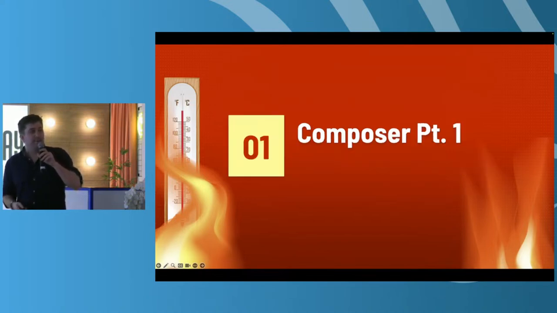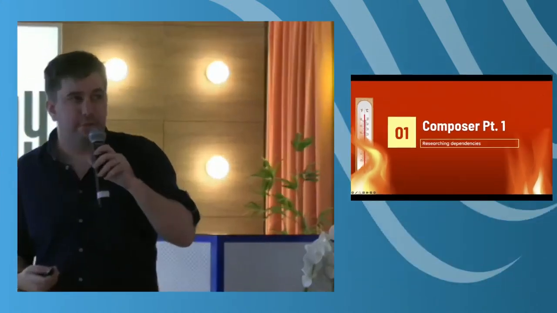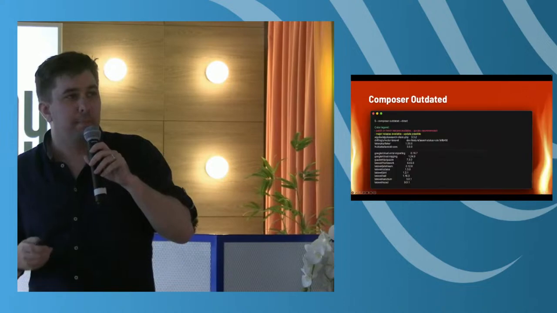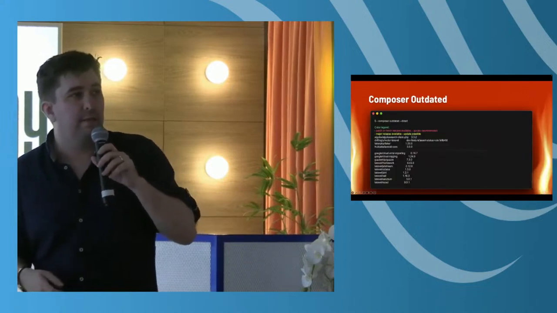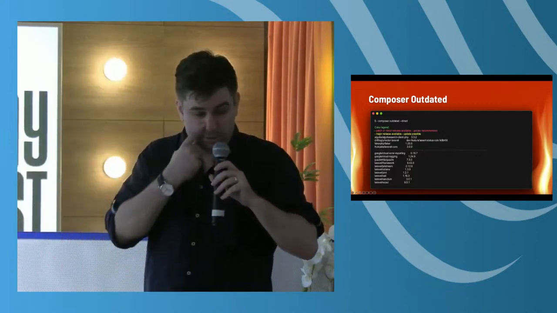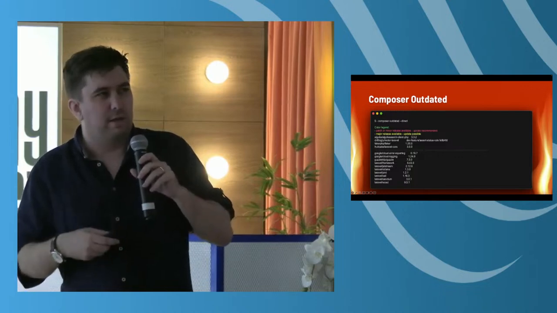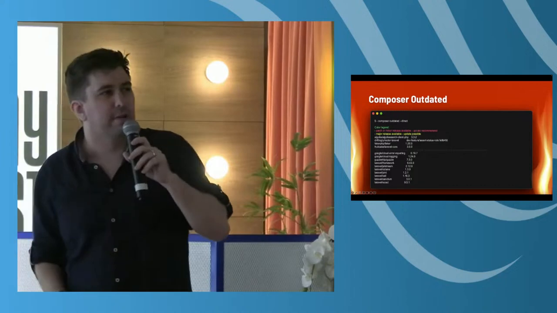The first thing I'm going to talk about here is Composer and how we can use it to research our dependencies, work out what we need to fix, and how those things are interdependent. So the first command we've got is composer outdated. From what you can see on the screen here, we've got yellow, which is major, and red, which is minor versions, which doesn't really make a lot of sense to me.